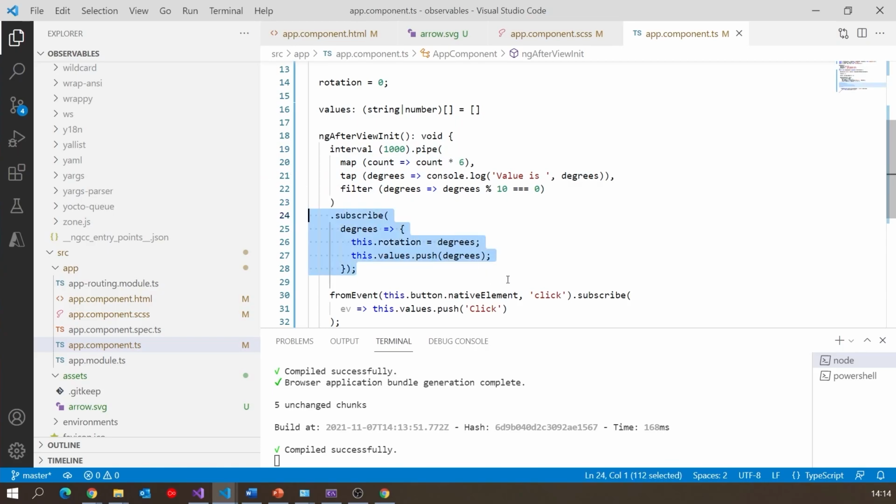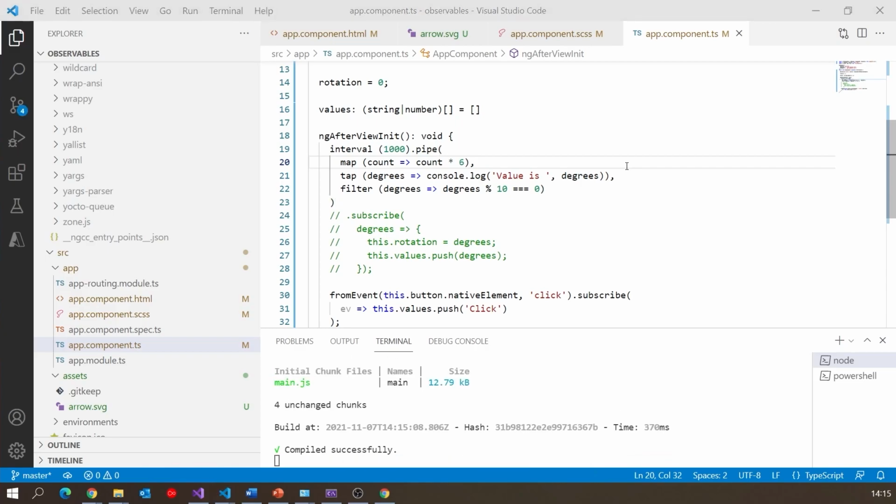And so if we didn't put this subscribe in here, then however much we've put in terms of operators within that pipe, nothing will happen because there's nothing kind of on the end pulling it all through. And so our tap, particularly, is the thing to notice, will not get executed. So if I save that one and look at the page, then obviously we're not getting any data coming through. But equally, if we look at the console, we're not getting those taps coming through because the observable just is not running at all.